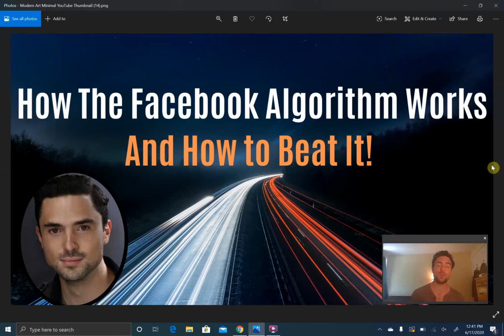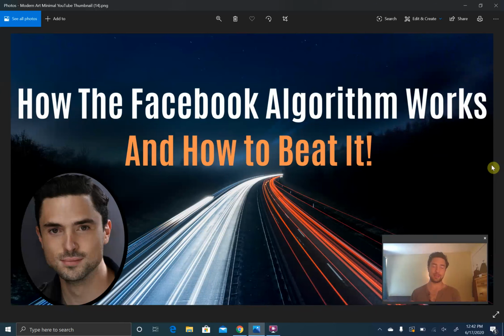The way the algorithm works, guys, is that every time you make a post, Facebook has divided your audience, or your friends list, into a series of what they call pockets. Each pocket has a certain number of friends, and only Facebook knows who gets put in which pocket and how many people are in each pocket. But the idea is that Facebook separates your friends list. Say you've got 5,000 friends. They're going to separate those people into groups called pockets.